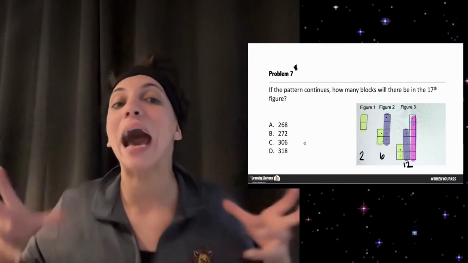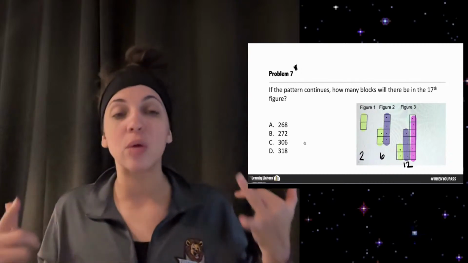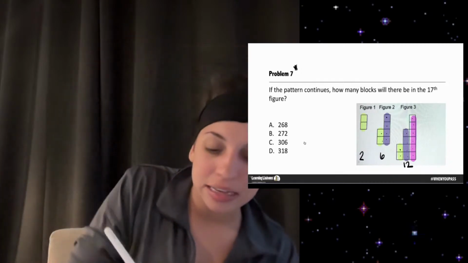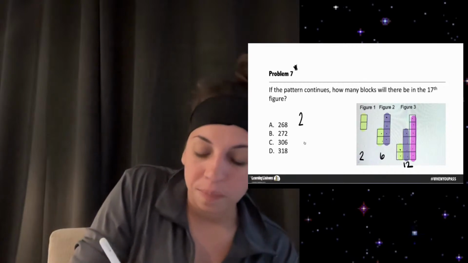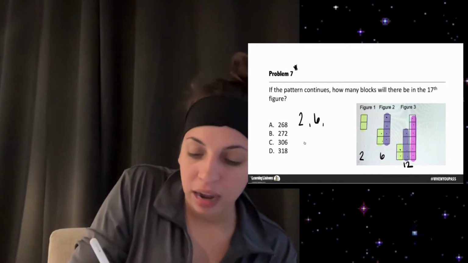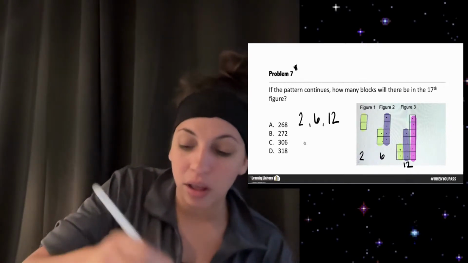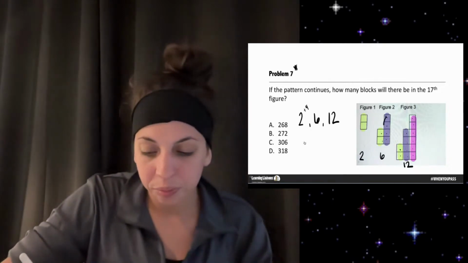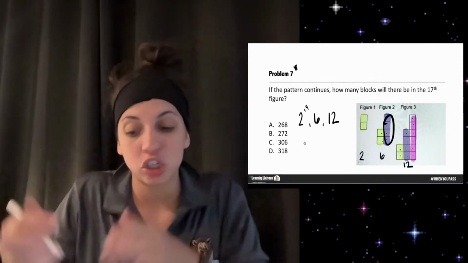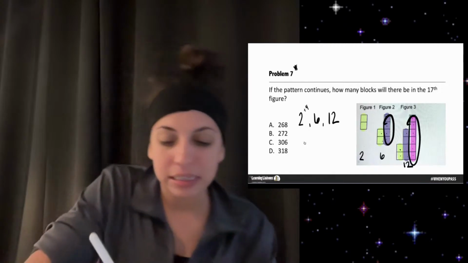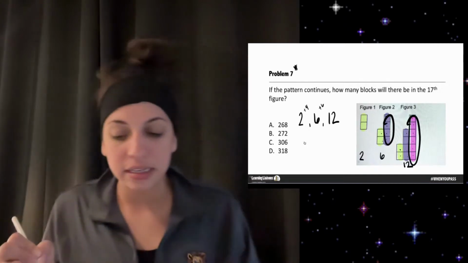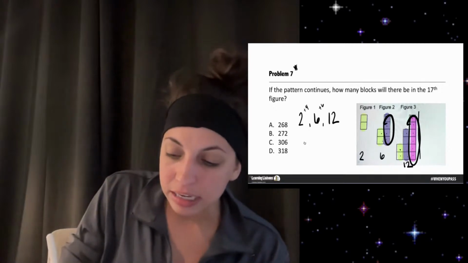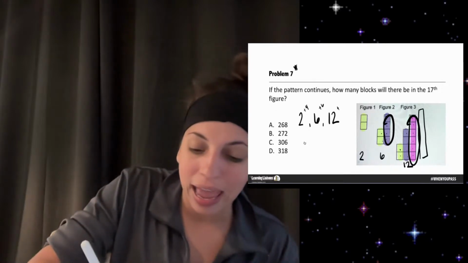So you cannot use the arithmetic sequence or the geometric sequence formula for this because I start with 2 and then I have 6 and then I have 12. And to get from 2 to 6, I added 4 blocks. But then to get from 6 to 12, I added 6 blocks. And then to get from 12 to the next one, I'm going to add 6 plus 2, which is 8